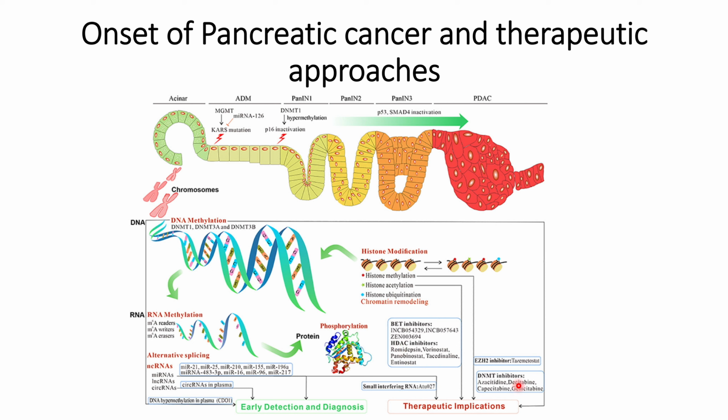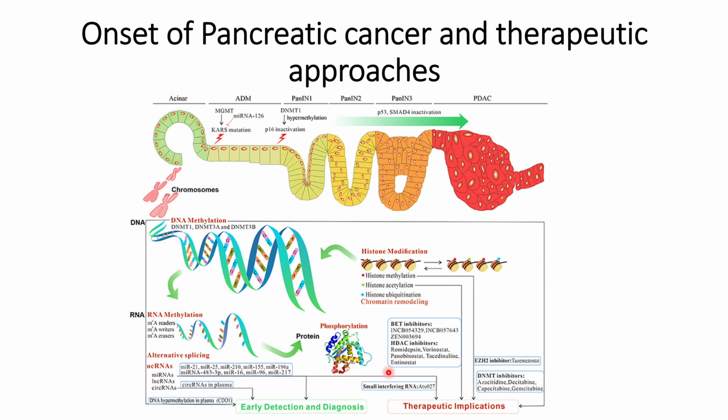The other kind of modification that occurs is once this RNA is transcribed from the DNA, RNA methylations might also occur that will lead to different translations of the protein, and because of the different translation, the proteins can acquire different structures, and that will cause different post translation modifications such as different phosphorylations. And apart from this, the methylations also cause alternative splicing of the RNA and affect the stability of the RNA, and that will lead to the generation of